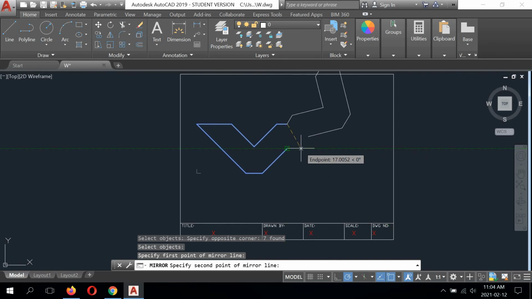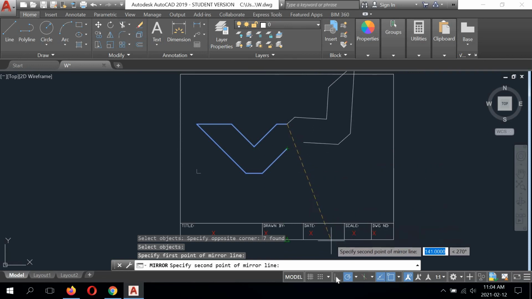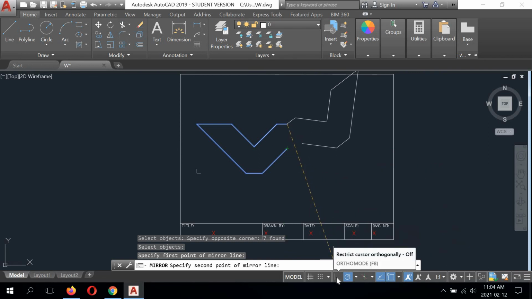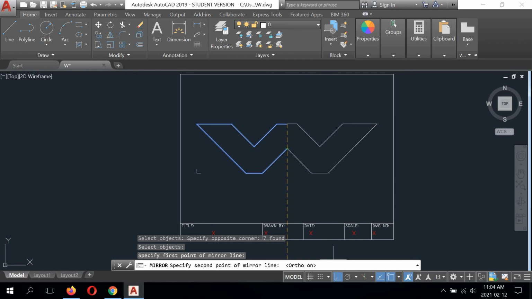So how am I going to mirror this perfectly? I'm going to go back down to the status bar, and I'm going to click Ortho on again. And now look what happens. It's only going to allow me to mirror it one of two ways, this way or this way. So obviously I want it to appear like this. So once I see the preview I like, I can click anywhere on the screen,